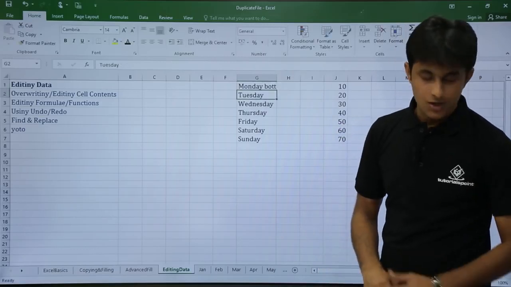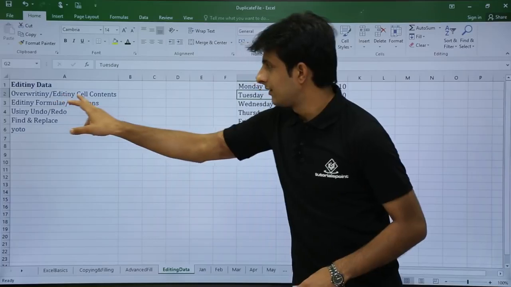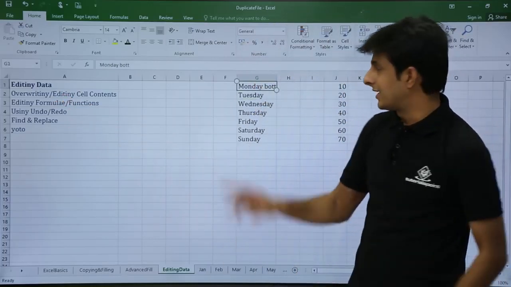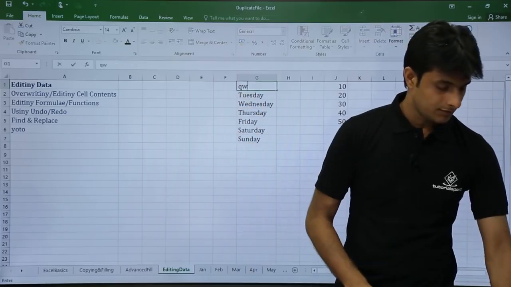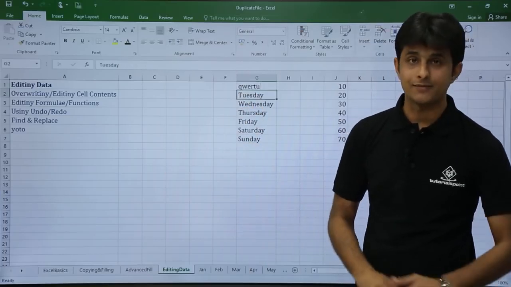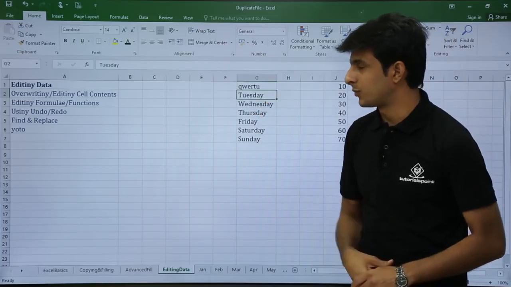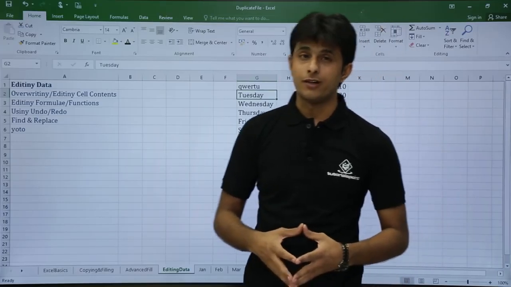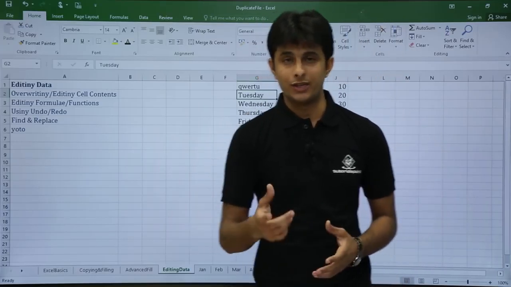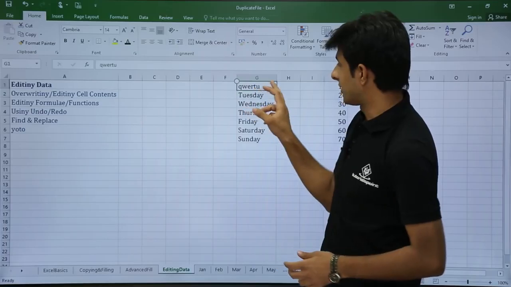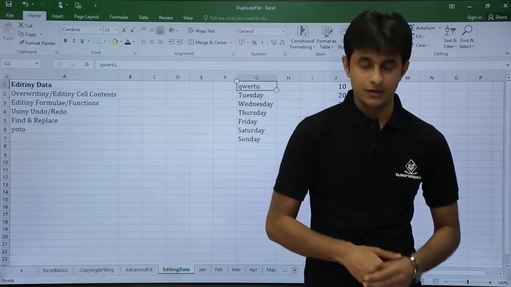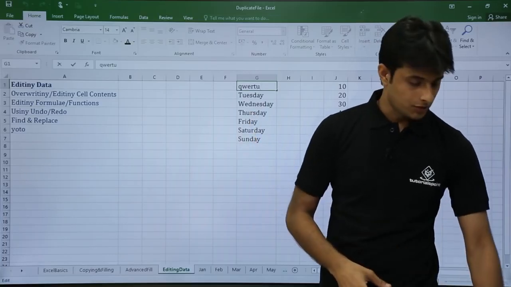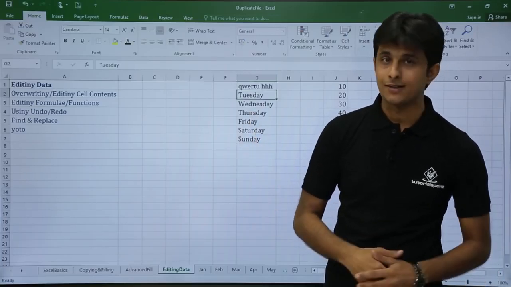and press enter. So this is how you can edit data, whereas if you want to overwrite data, it's very easy as compared to that. You just select the cell and start typing and press enter. So you can see the data is overwritten in this place. Similarly, if you don't have a mouse, it is very difficult, so at that time you can use a shortcut key from the keyboard, that is F2. Just keep your cursor in this cell and press F2, and the cursor blinks, and the same method applies. You can just keep on typing here and press enter.